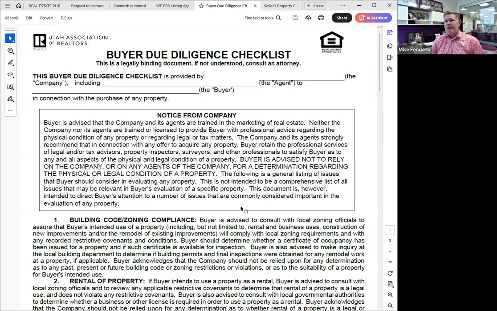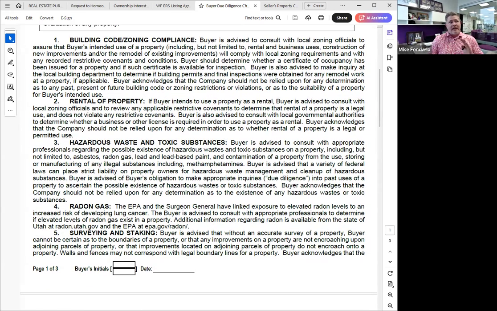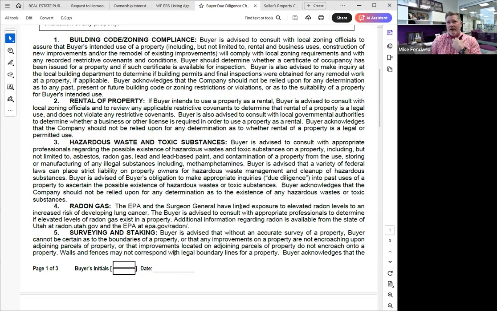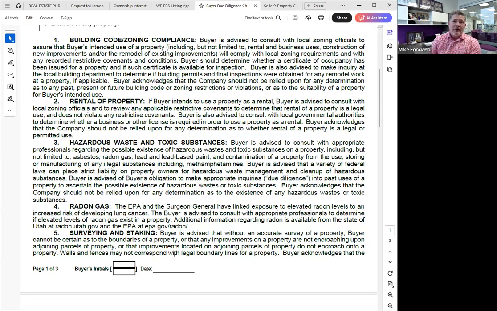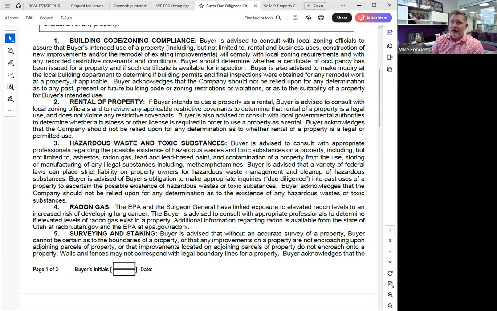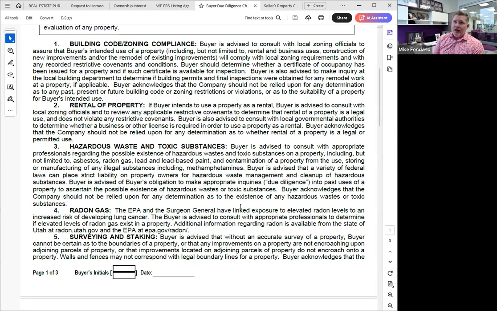By the way, if you have any comments on this, throw them in the chat or just unmute yourself and let's talk about it. Building codes, zoning compliance. So these would be things that, if there's a lot of real estate out there that's zoned commercial, but it's just a single family home, and it became that because it's on a major thoroughfare. Well, it wasn't a major thoroughfare in 1954. Something like that is worth jumping into and seeing what's happening there. Nothing dramatic will hardly ever come of that, but at least they understand what kind of situation they're getting into.